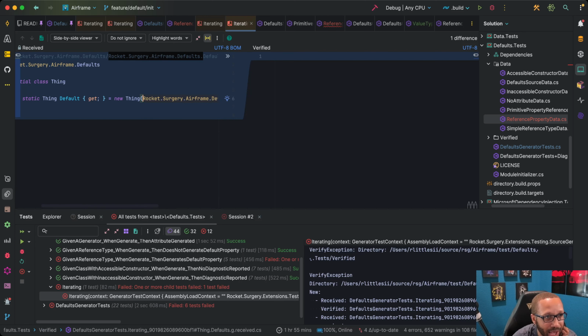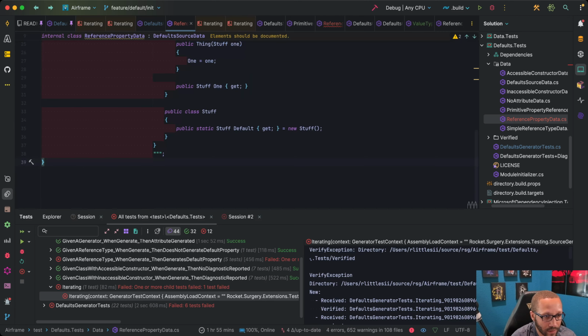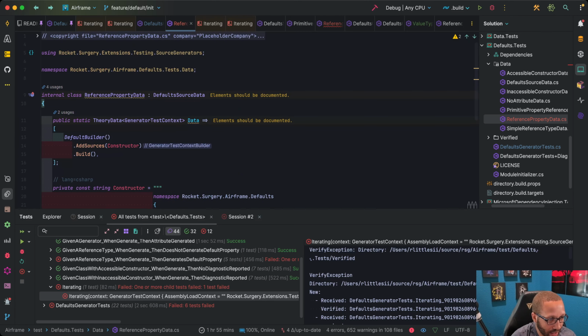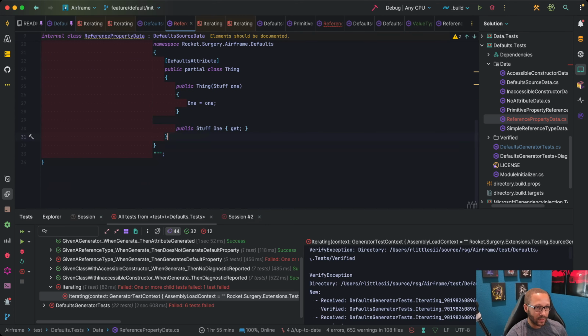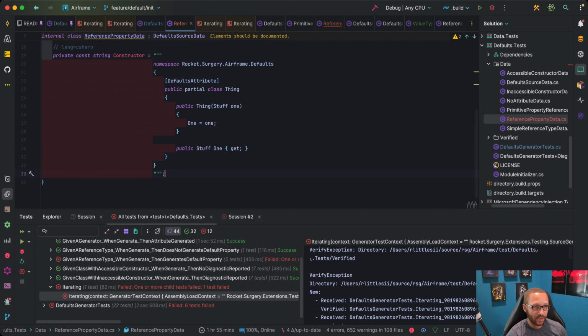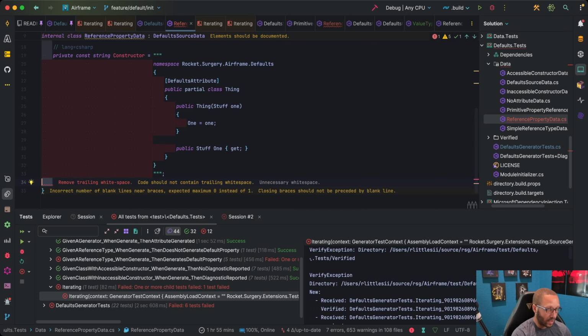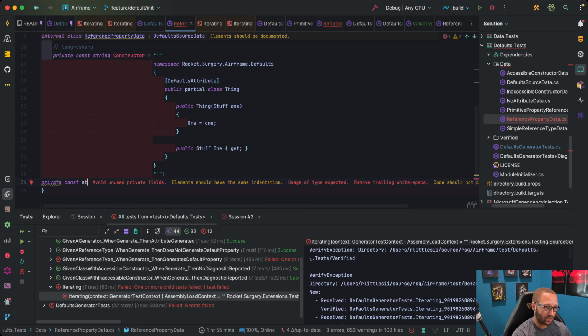I know that I'm adding it in because it's going into the same source here. But let me try this and let's just separate the source. Private const string stuff equals